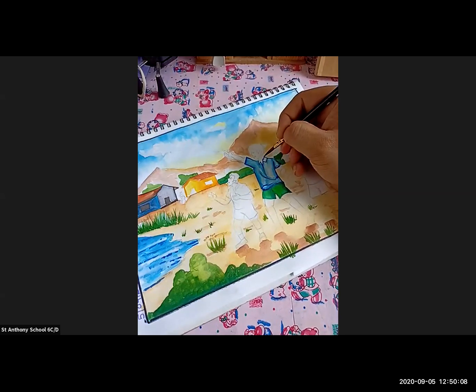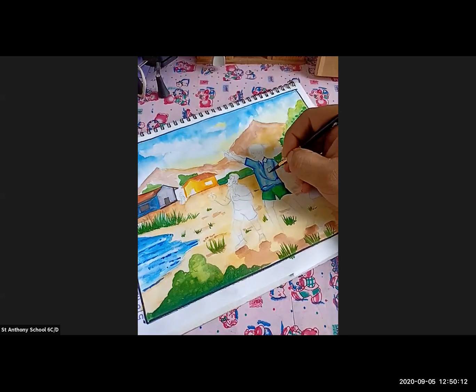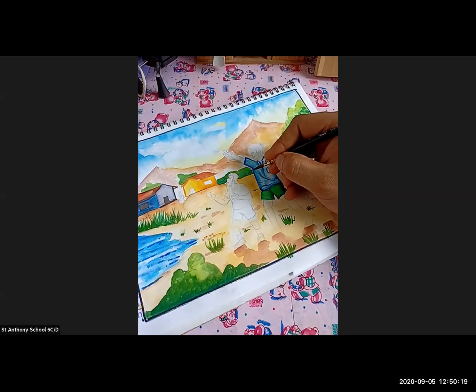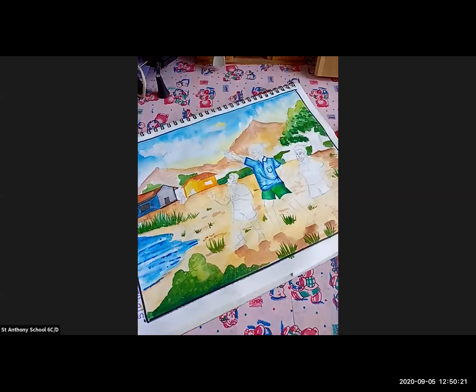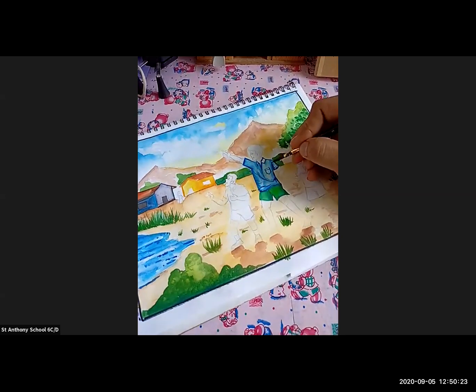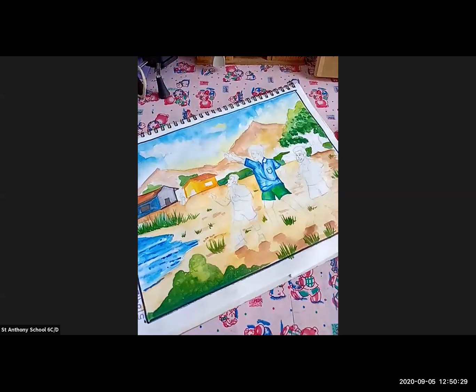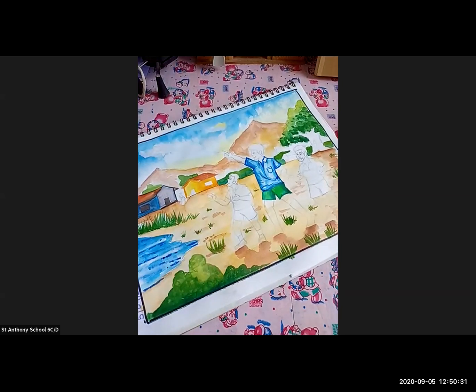This is the collar of the shirt. You can draw a pocket. Okay, so this is how you're going to detail those things. This is how you're going to detail the shirt of the boy. You can do it in this way. Okay, here you can color it with this type.